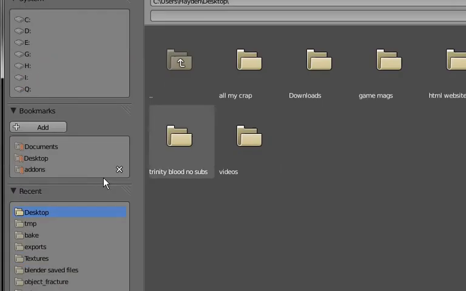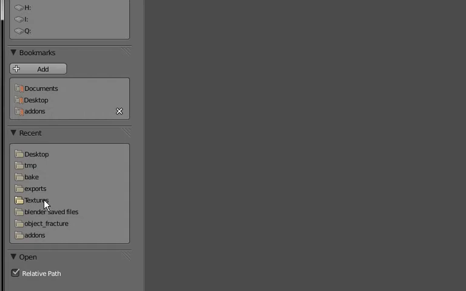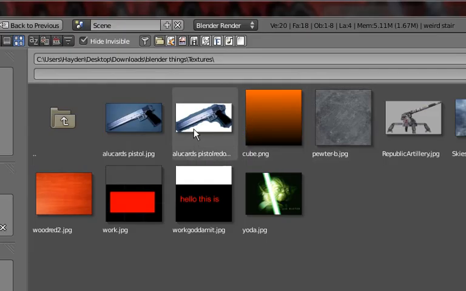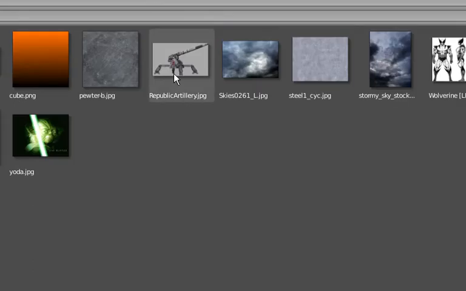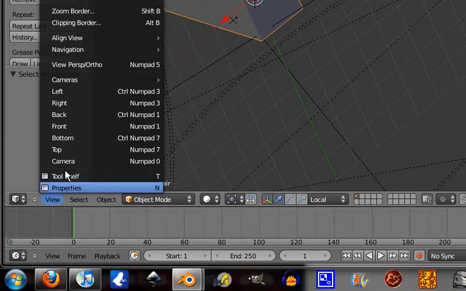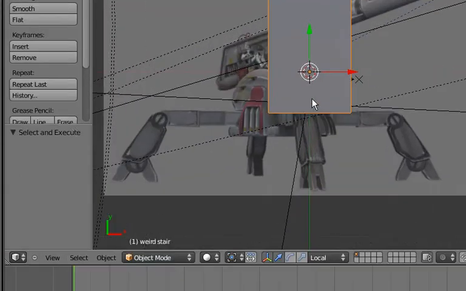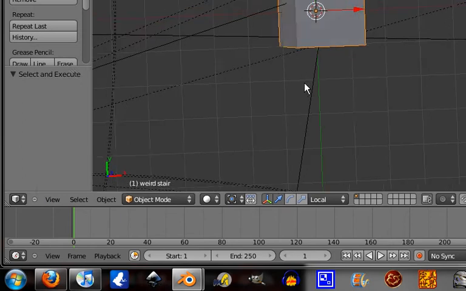Desktop. No, not desktop, that's a bad example. Documents, My Pictures. Okay, I have no clue what's going on anymore. Screw it, I'll just pull up this Republic artillery cannon. It's a picture of Star Wars. View top. And now you see when you go into, but you can't rotate around like that when you have